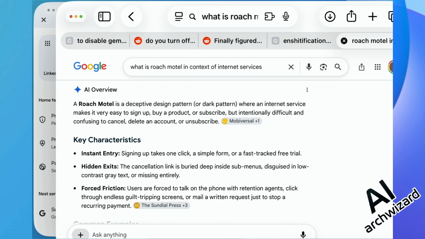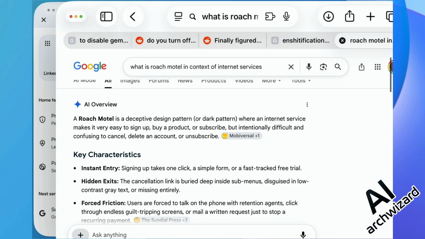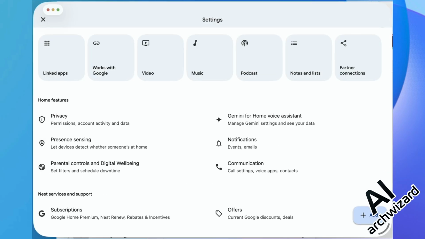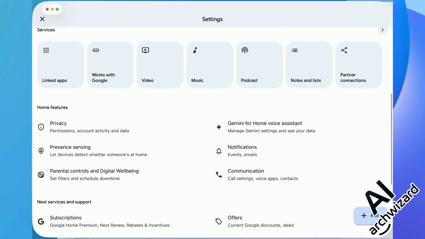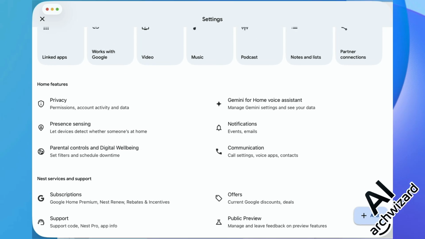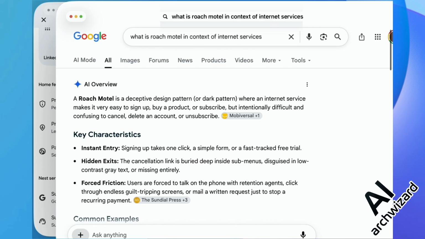At Google Corporation, previously, they had a motto, don't do evil, but by using this Roach Motel pattern, in case of Google Gemini for Google Home Assistant, where it is not easy to disable Google Gemini, they are proving that they are evil.